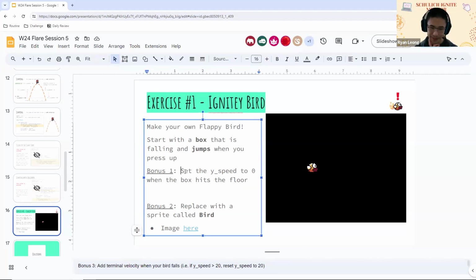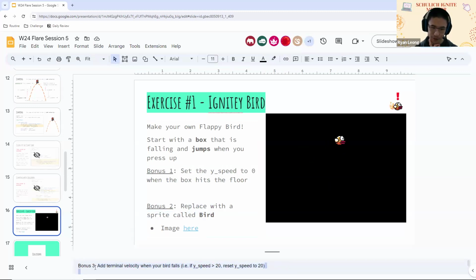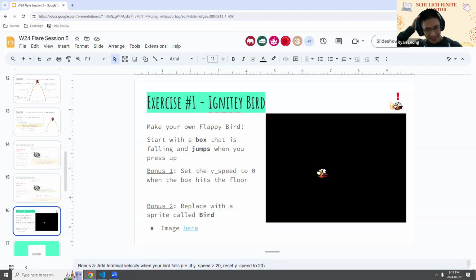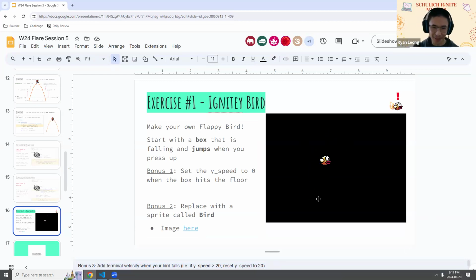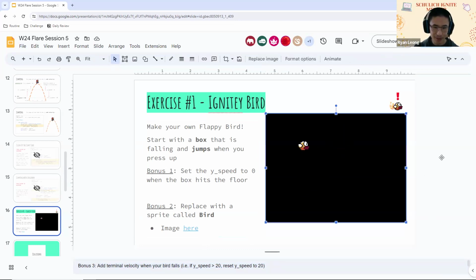So as you can see, there's some bonuses here. There's these two. And there's also you add like a terminal velocity, which basically maxes out the speed at which the bird can fall, so it doesn't just start jumping like 100 pixels at a time, which usually never happens. But something you'll notice is if you don't have a jump cooldown or something,